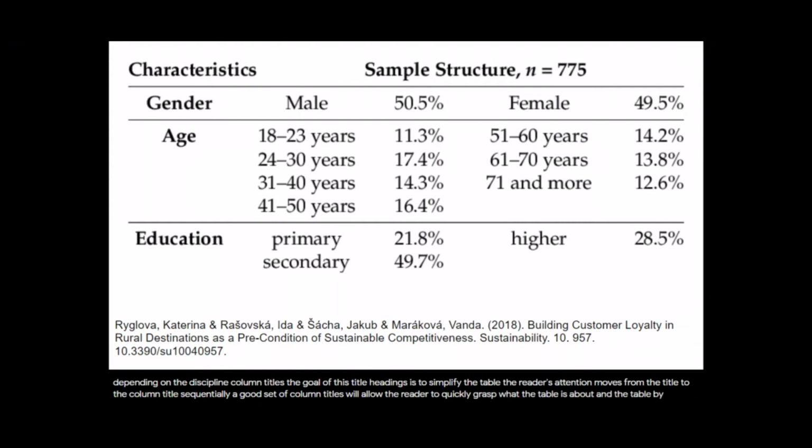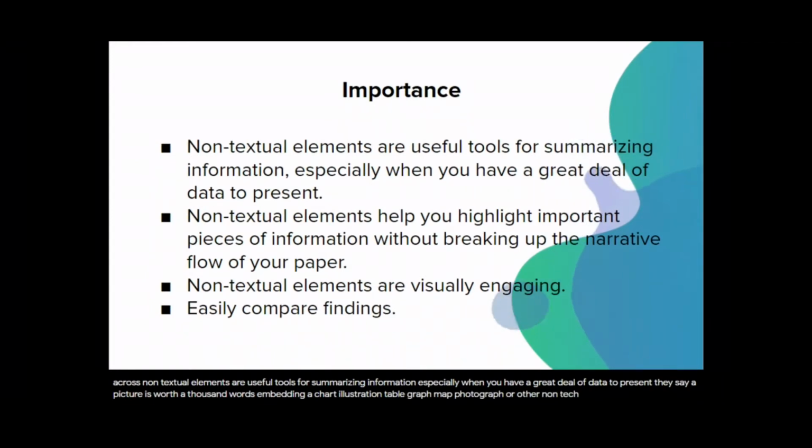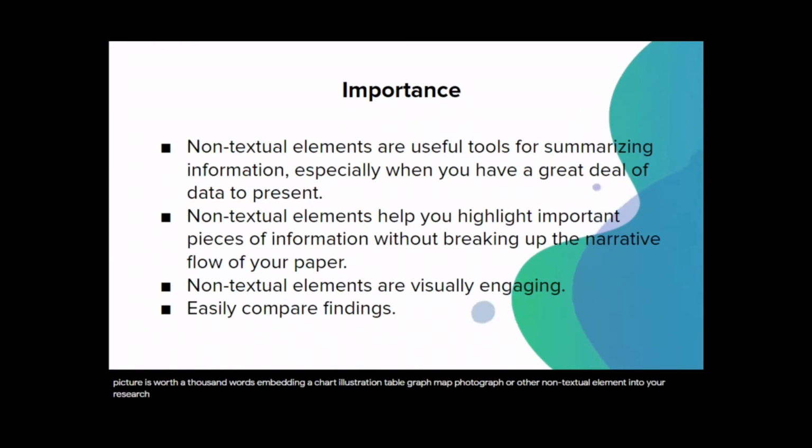And the table body. This is the main area of the table where numerical or textual data is located. Construct your table so that elements read from up to down and not across. Importance. Non-textual elements are useful tools for summarizing information, especially when you have a great deal of data to present. They say a picture is worth 1,000 words. Embedding a chart, illustration, table, graph, map, photograph, or other non-textual element into your research paper can bring added clarity